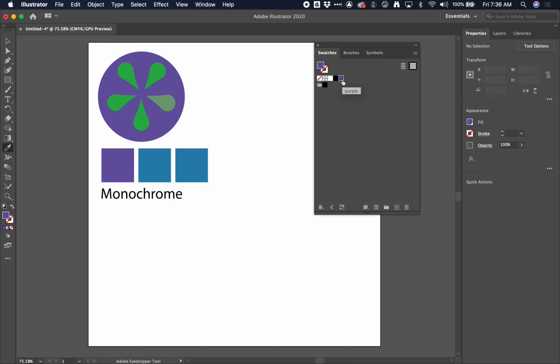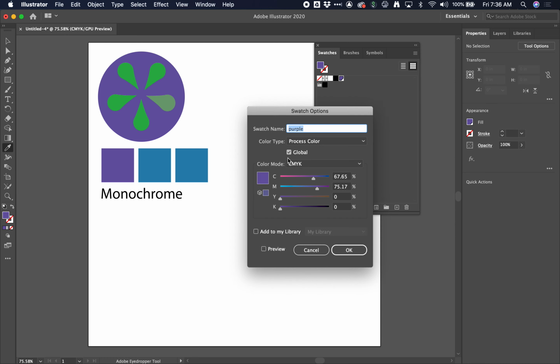Now this is a special type of swatch. It's called a global swatch. I'm going to double click it again. You'll notice that the global checkbox was selected and process color was selected. We'll talk a little bit about color type. CMYK is a process color. That means this color is being made from 4 different inks in the printing industry. But global was checked, and the cool thing about being global